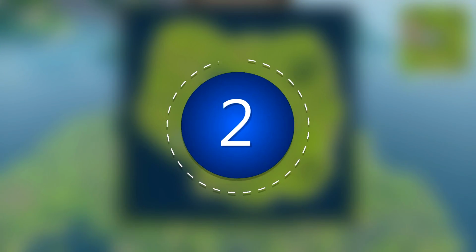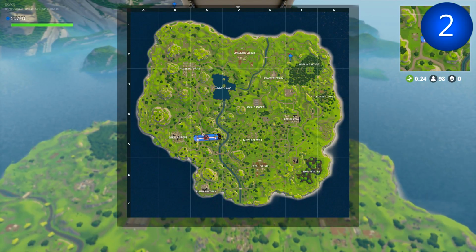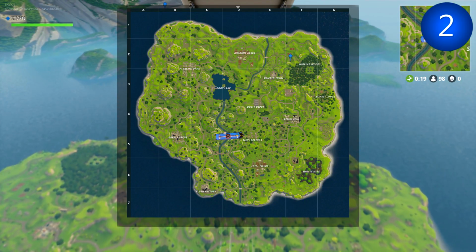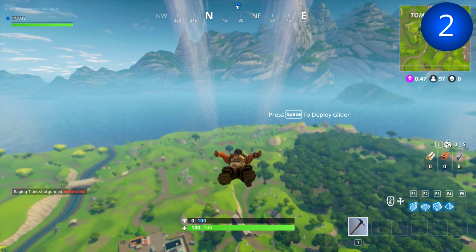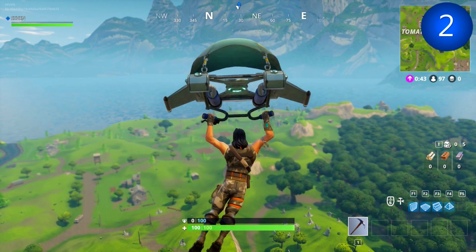In second place, we're going to go to a location I call Tomato Tree. The reason for this is because it's right next to Tomato Town. It's also next to the Wailing Woods, and of course, hey, it's a tree. Now, I've landed here on numerous occasions. At the beginning of the game, when Battle Royale first came out, there was definitely nobody here. I've covered this one in a couple of videos before because it is a really good location, and as you've